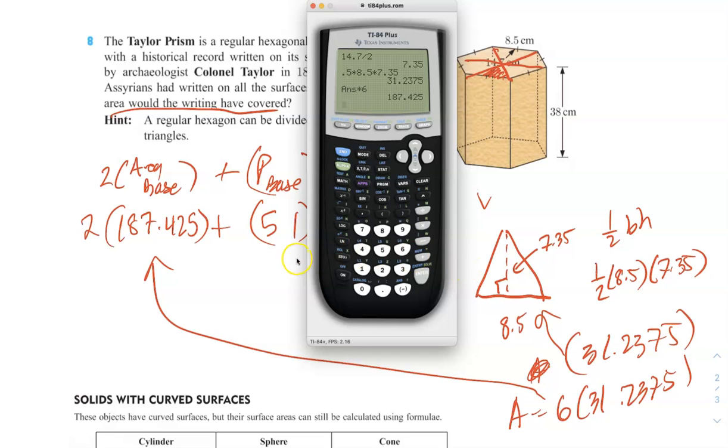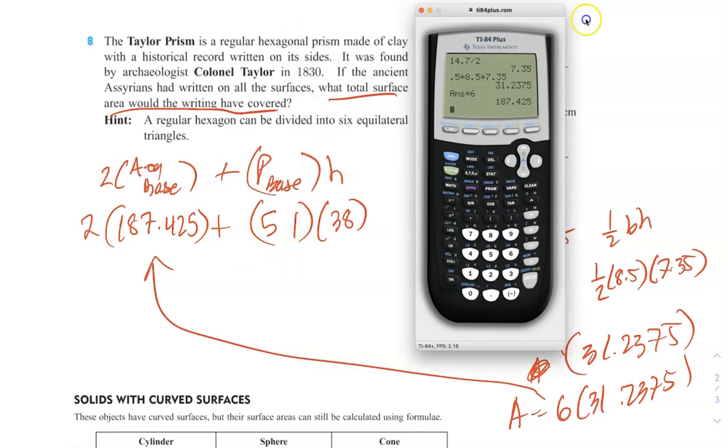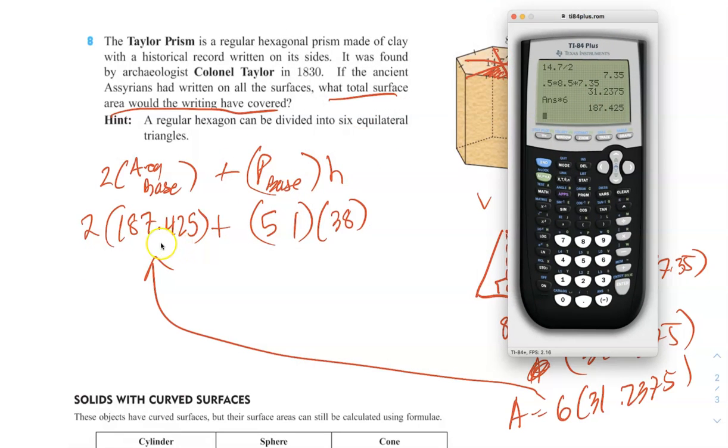And then if I have to use that answer later on, I could use it, but for now, you don't want to lose any of the actual values you have. So I got that, and I'm just going to plug it into my calculator. So I'm going to times this by 2, and add 51 times 38. And our surface area is